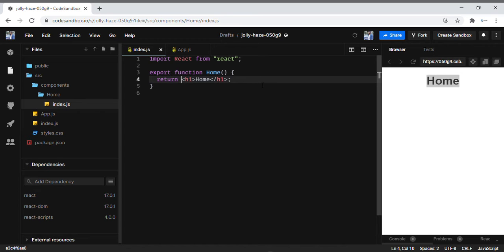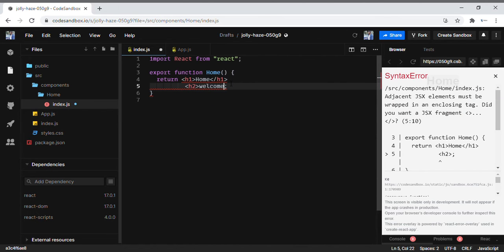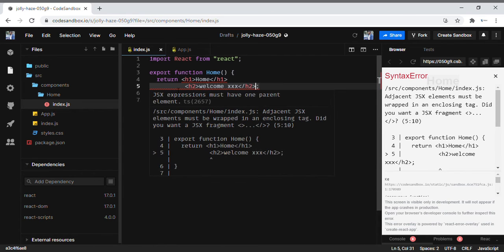Now to this, I am also going to create another tag called h2 as welcome xxx, some name. So let me close this tag. Okay, if you see, I'm getting an error now. Why? If you see, JSX expression must have one parent element.